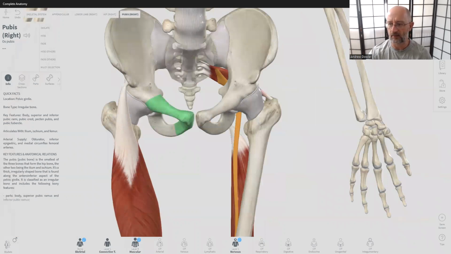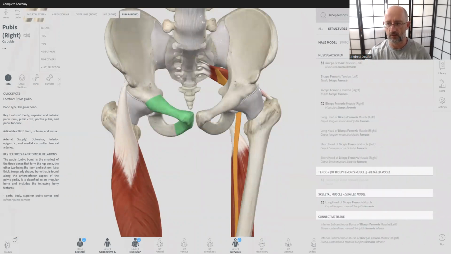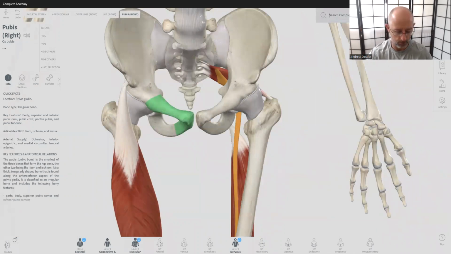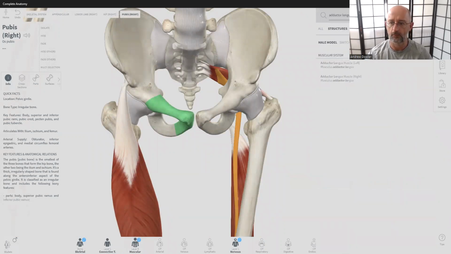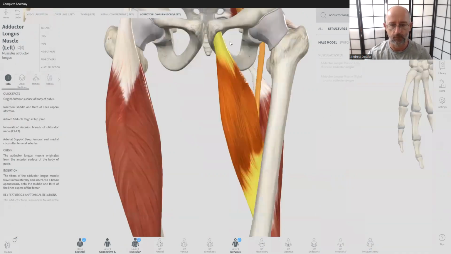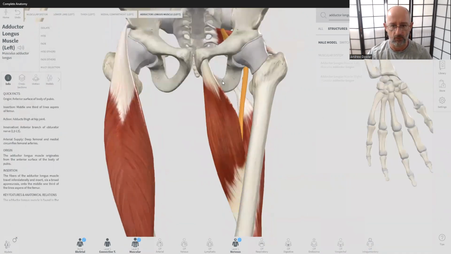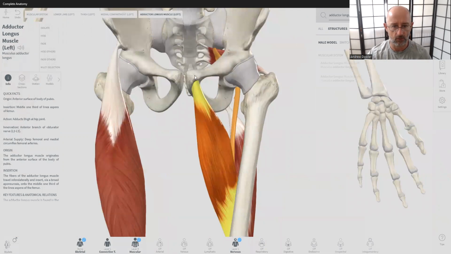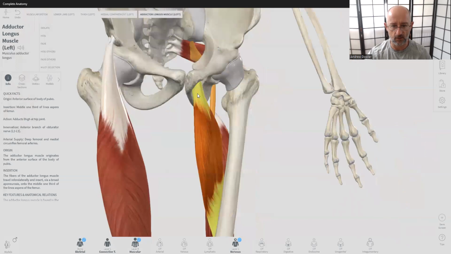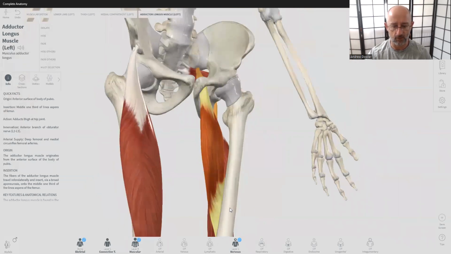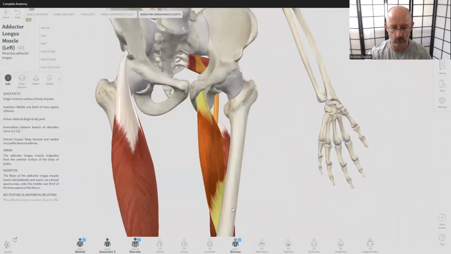So if I put in like an adductor longus, let's have a look at adductor longus. Longus on the left. So adductor longus here is going to attach right onto the pubic bone. Very thick tendon, you can see that. Then it goes into the thick muscle, and then the attachment of the adductors, and we'll do a more detailed video on the adductors,